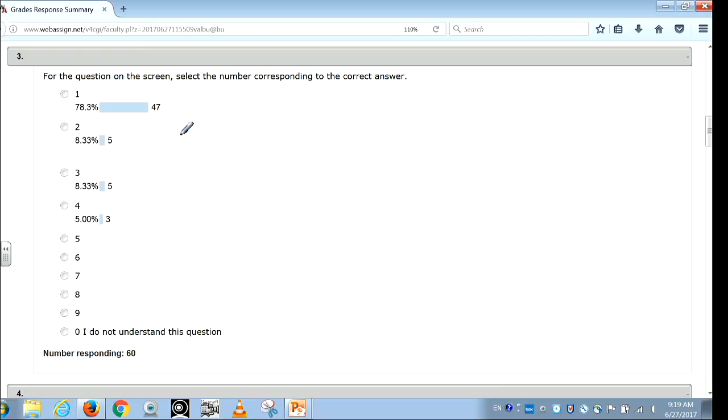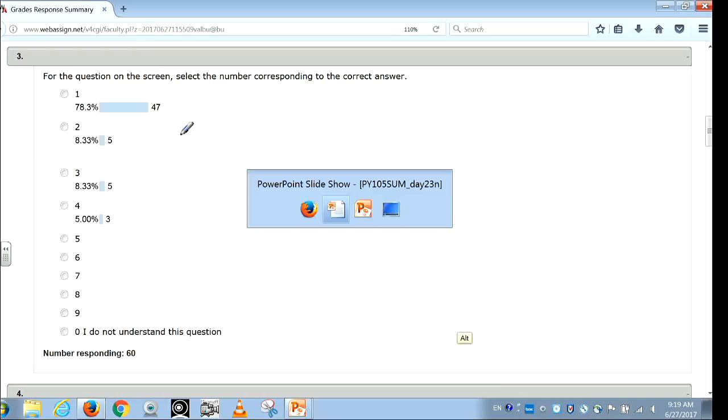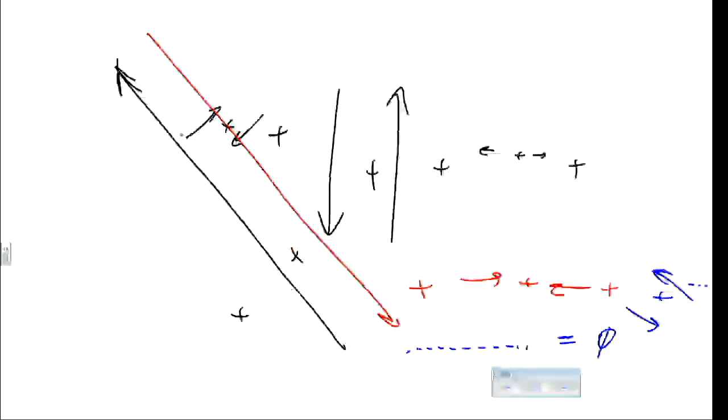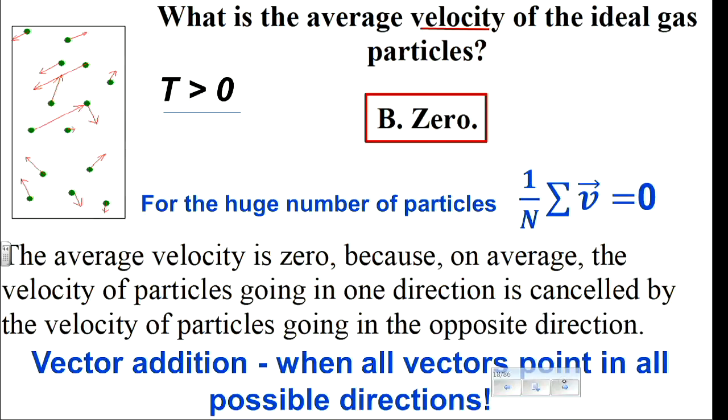And what did you say? You said it depends on the temperature. Well, now you know. If it wouldn't be zero, it would mean they travel on average in the same direction. So the whole room would be moving right now, like a balloon. If this average velocity wouldn't be zero, it means the center of mass of the system would be traveling in space. But that's not happening, which is a good thing.